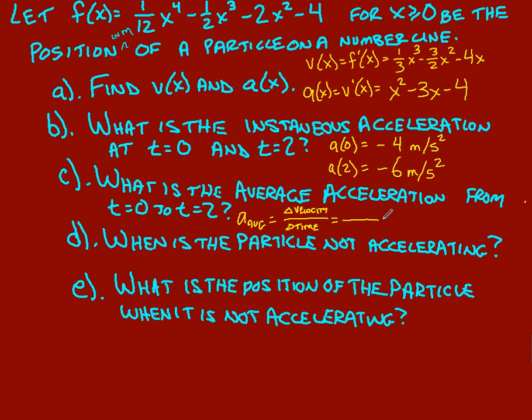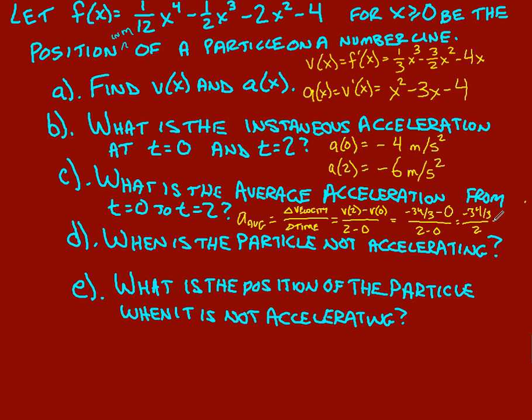Okay? Change in time is easy to see because it gives you our 2 times. So 2 minus 0. Because I'm doing velocity, I'm going to use the same idea, but look at velocity at each of those times. So v of 2 minus v of 0 over 2 minus 0. And I'm going to plug in 2 into my velocity equation that I found in part A. When I plug in v of 2, I get negative 34 over 3. When I plug in 0, everything just cancels, everything is just 0. And over the bottom, still 2 minus 0. So it's just negative 34 over 3